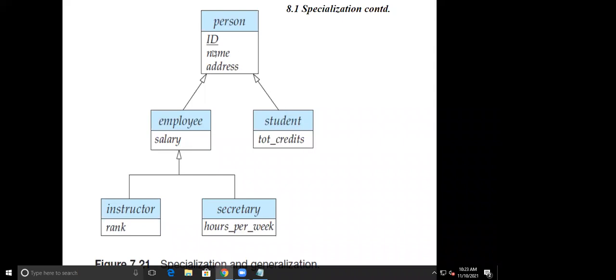Whatever these attributes are, they will be inherited by student. Whatever the attributes of employee are, so ID, name, address and salary, these attributes will also be inherited by instructor, and also by secretary, along with their own attributes, rank and hours per week.